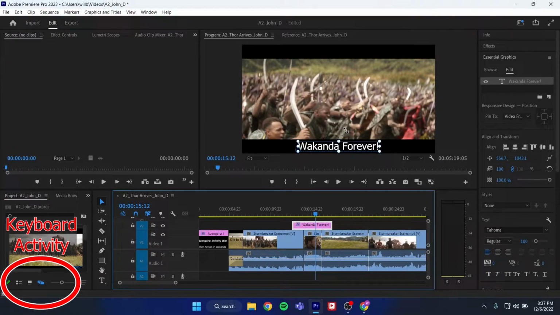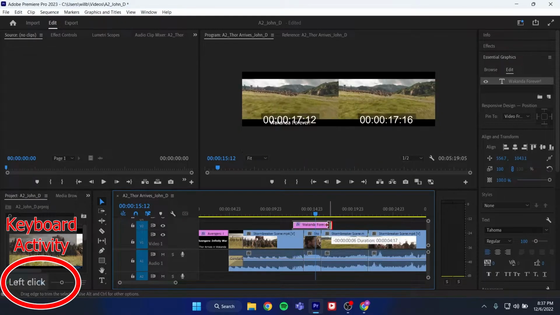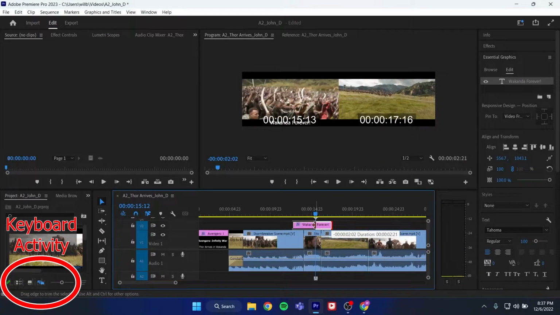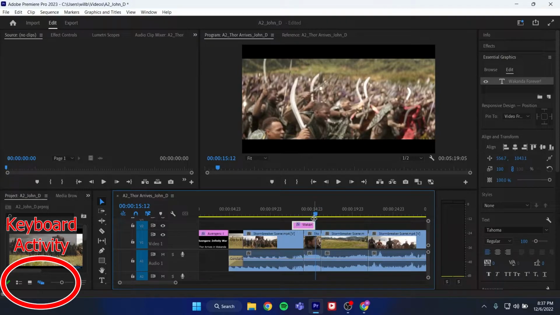text out, okay? In order to take that text out, guys, we are going to go to the end of our pink box right there, which is our text. We're going to hover over it until we see a little red symbol right there. So click and drag it and then bring it back there to where our blue playhead is. And then it's going to cut that text out as soon as we want it to, right when we want it to. All right? So from here,